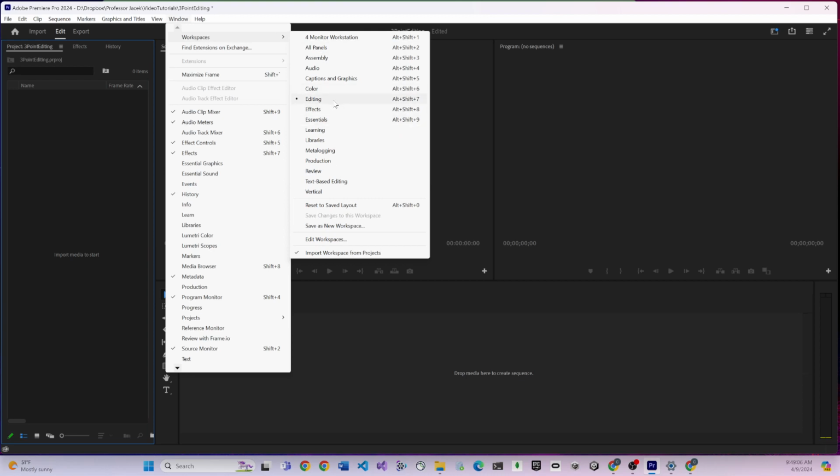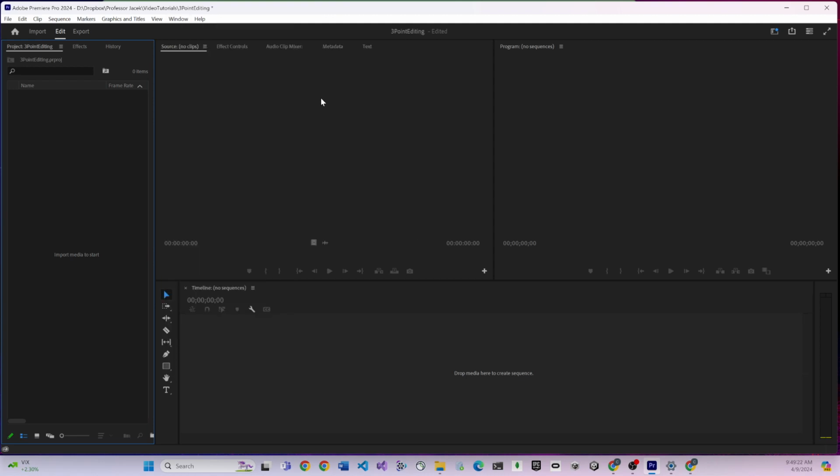If you're not already in the editing layout, you can just choose it from here, or use the shortcut Alt-Shift-7. This is a Windows machine. If you're using a Mac, I believe that would be Option-Shift-7. But either way, you can just go to